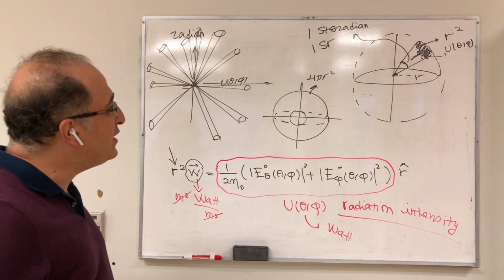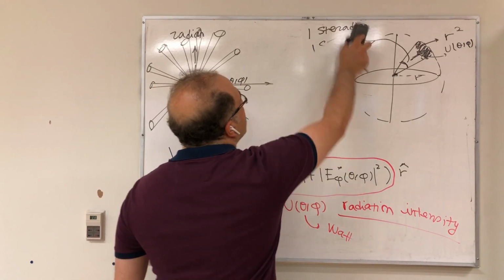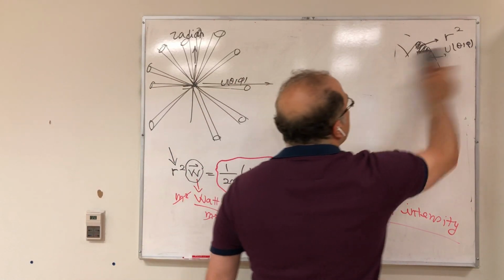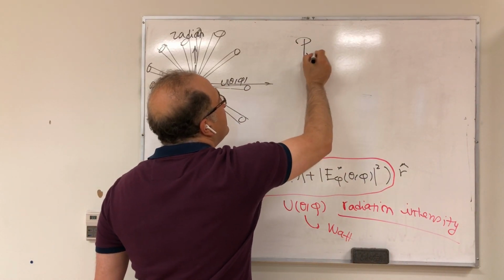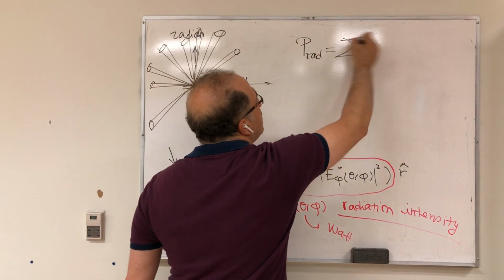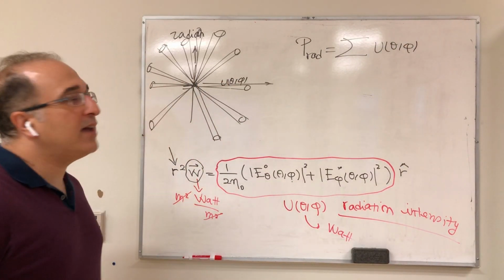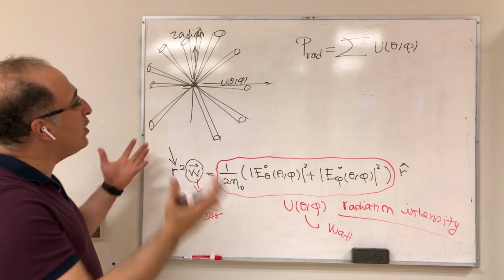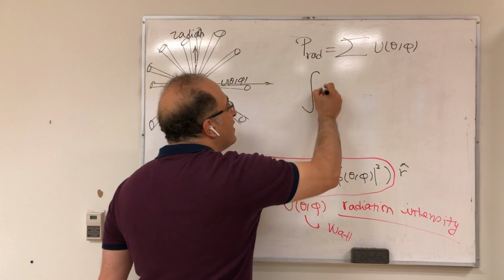Now, what would be the total power radiated by the antenna? That's the question. For the total power radiated by the antenna, you need to sum all of these radiation intensities, and summing all of these essentially means integration. So you need to integrate them